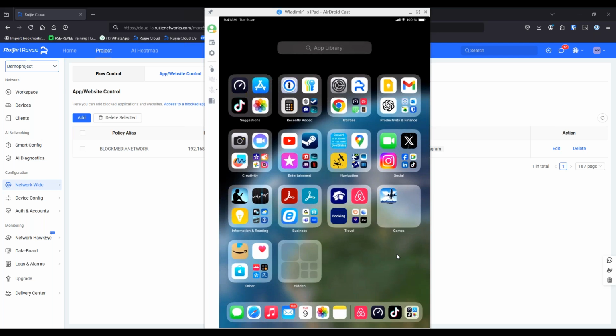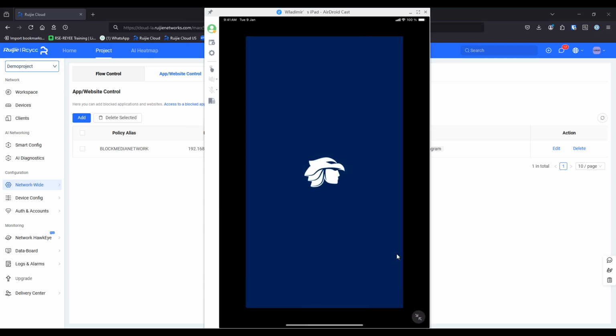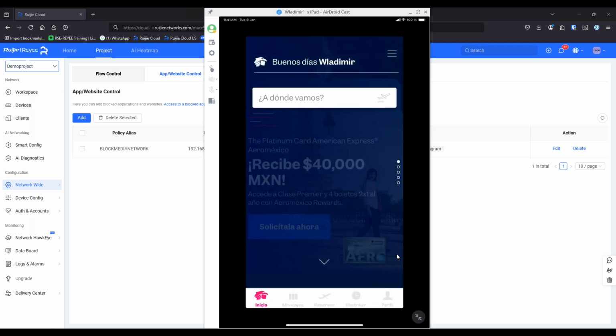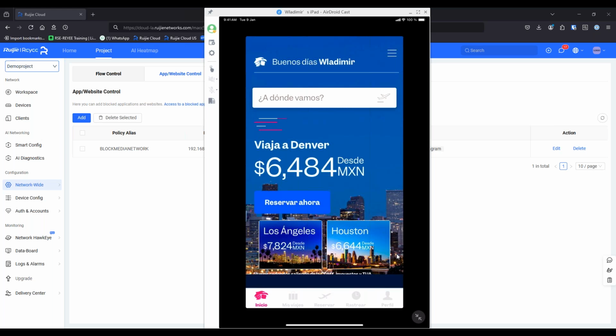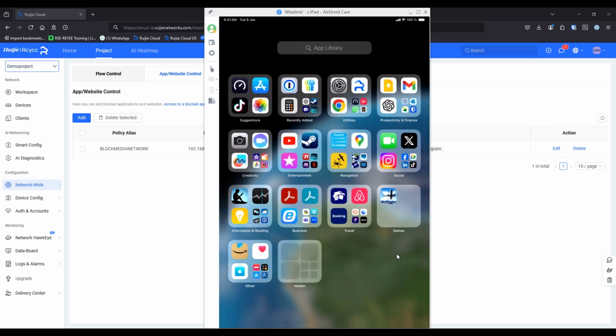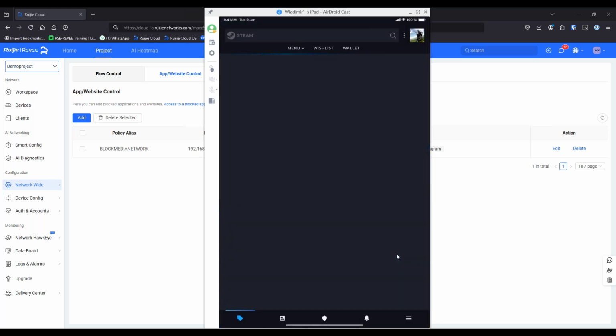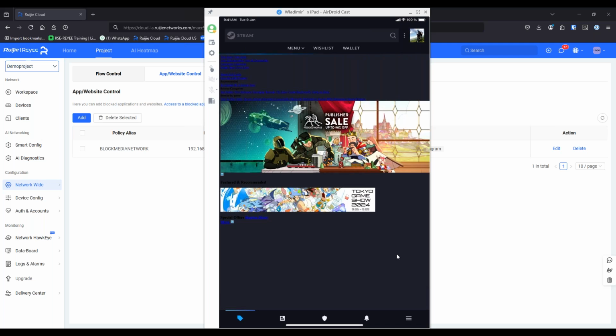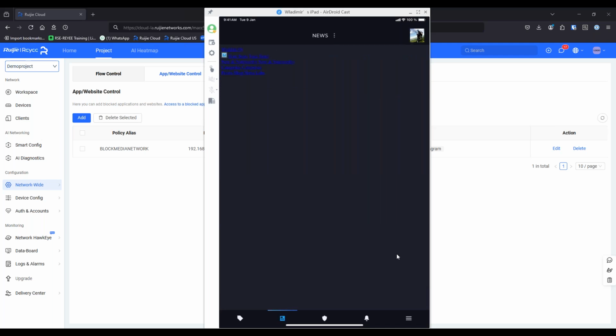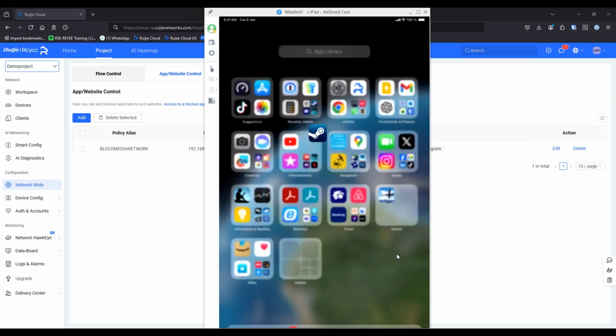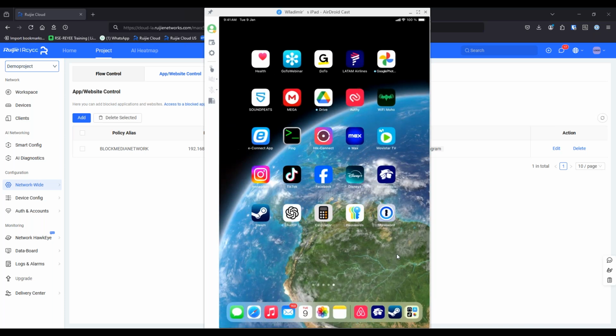Just 1 second, let's try with another one. Okay, here we go. This is from an airline. Let's try another one, Steam. I haven't blocked Steam, but it's working. But if we try to use, for example, Facebook,